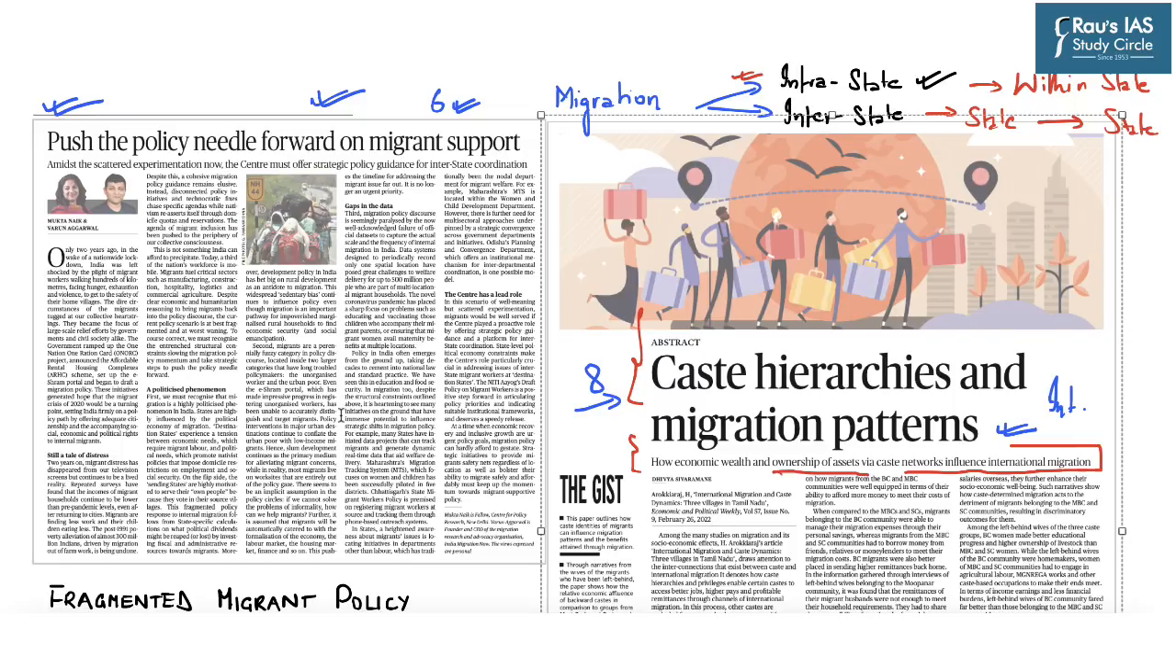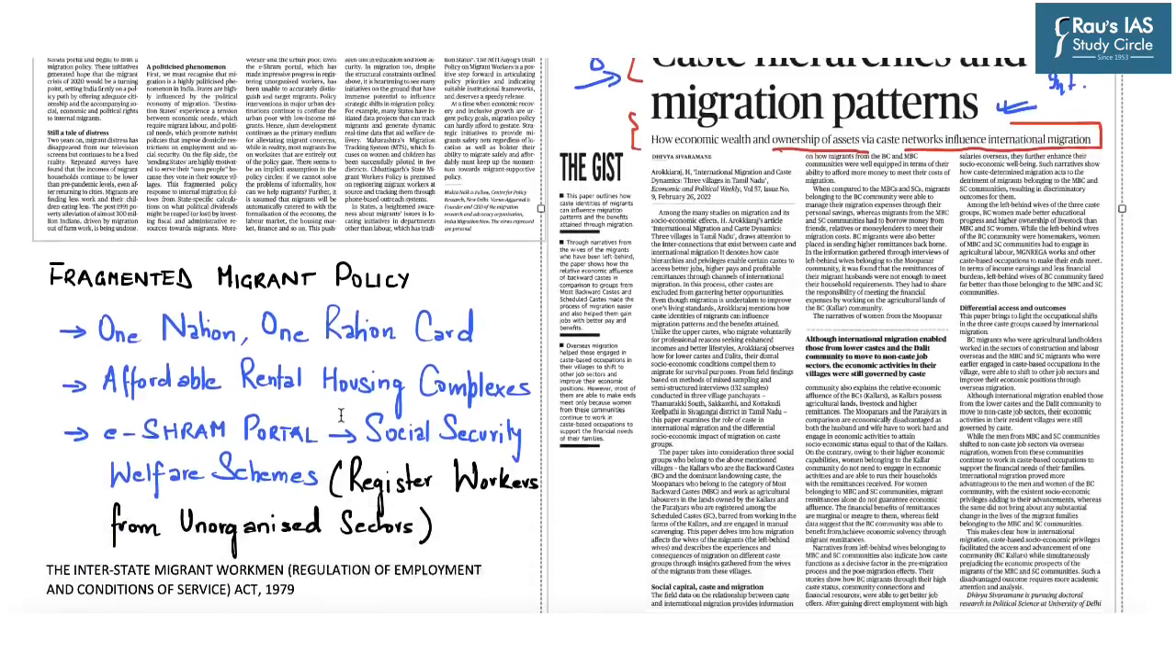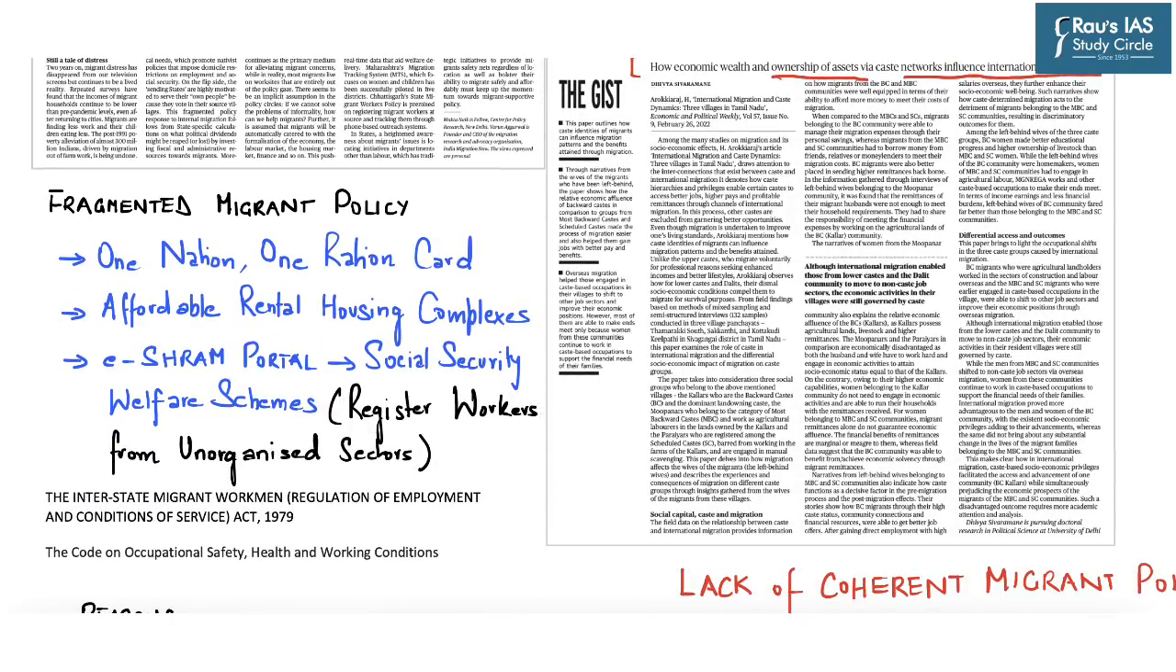So, with respect to internal migration, this article mentions about fragmented policies which the government of India has pursued, and also a lack of a coherent policy. And these fragmented policies include One Nation, One Ration Card, which provides for the option of portability of ration cards of different states, affordable rental housing complexes for the migrants, e-Shram portal, where the workers from the unorganized sectors can